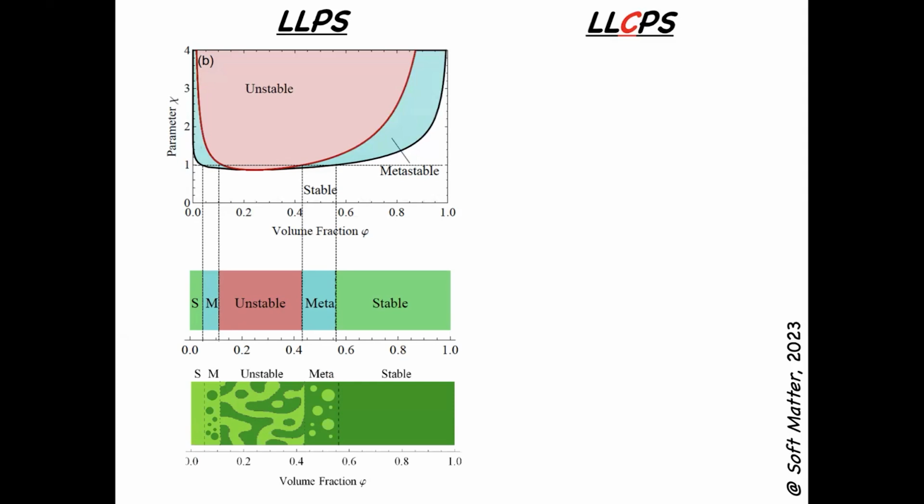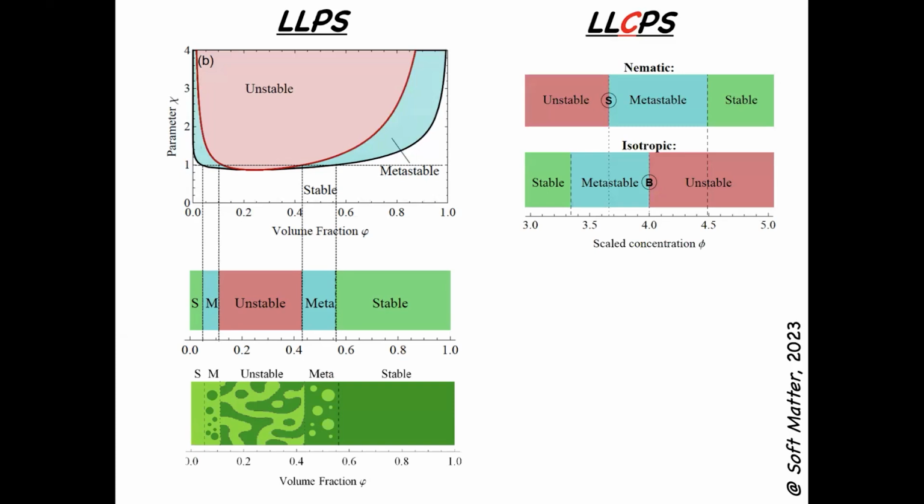In the case of liquid crystalline phase separation, the story is very different and rather more complex because, counterintuitively, it depends on the initial state. So it's not enough to look at the scale of concentration. I told you that the first one is 334. So here you will go from one phase to two phases, metastable. This will tell you, yes, nucleation and growth, but only if you start from the isotropic phase. If you start from the nematic phase, in this region you will be simply unstable. So that means you will have spinodal decomposition.